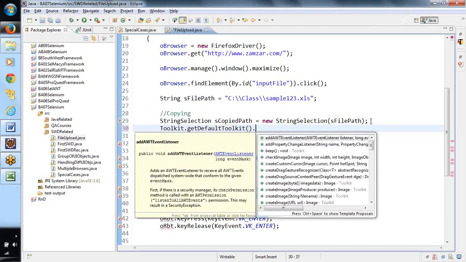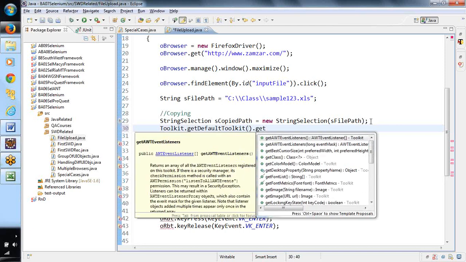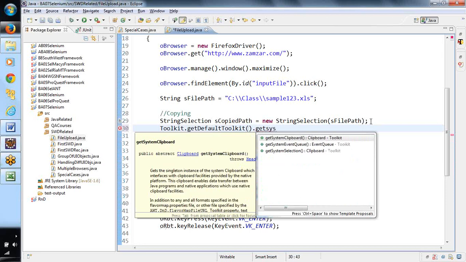I will let you know what I'm actually talking about. getSystemSelection, let's see, I think it should be, yeah, we are talking about the clipboard.